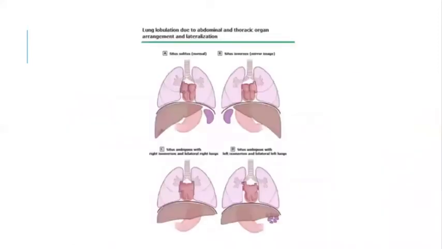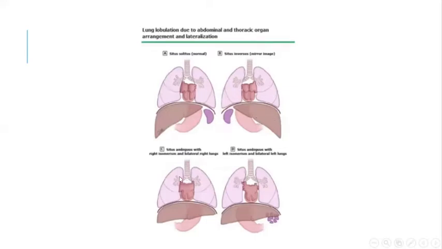Now for the lung arrangement and abdominal organs. A shows the normal: usually you have a trilobed right lung, a bilobed left lung, and the liver subdiaphragmatic on the right side, spleen on the left side. In case of mirror image, we have the reverse. We have a bilobed right lung, a trilobed left lung, and the liver on the left side, spleen on the